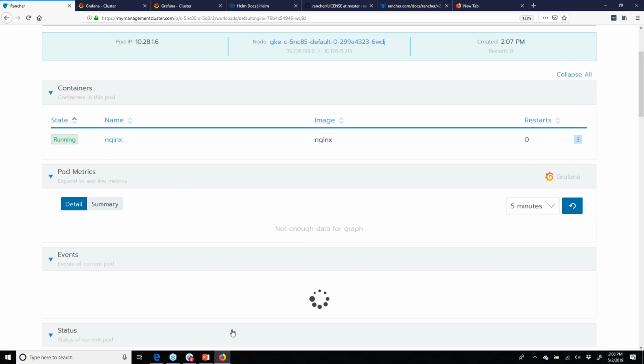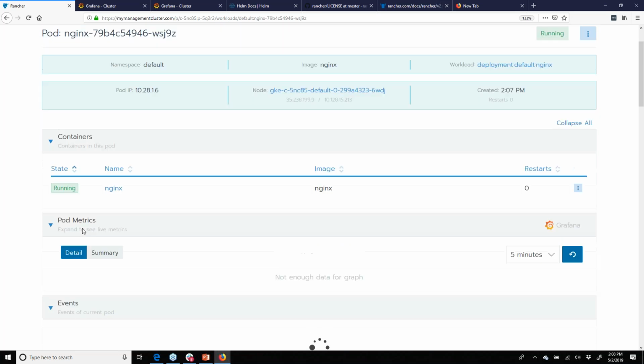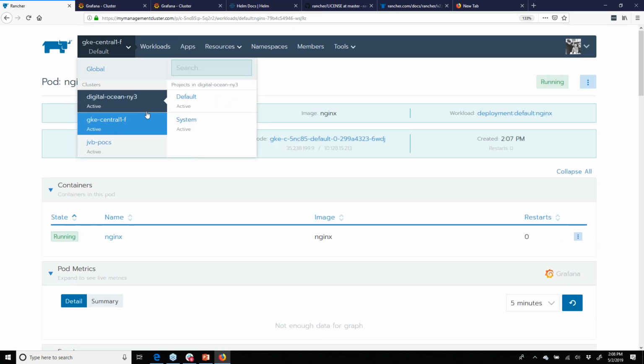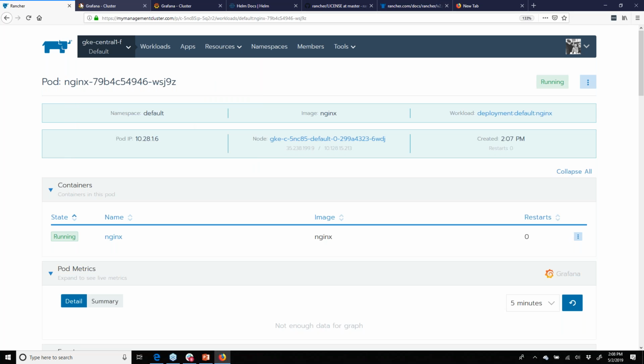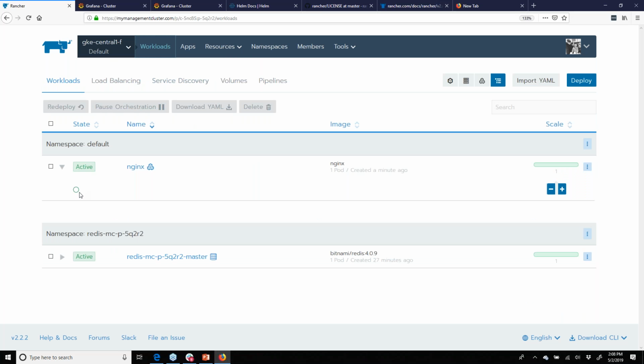Now, as this thing is running, it will get data, because there are collection mechanisms in Kubernetes that allow Prometheus to pull data. So we have a Grafana chart to also show that data off. So let's give this thing some traffic, and we'll also need a couple of minutes to actually run through that data. But if I go back to my workloads, I don't have my load balancer yet,